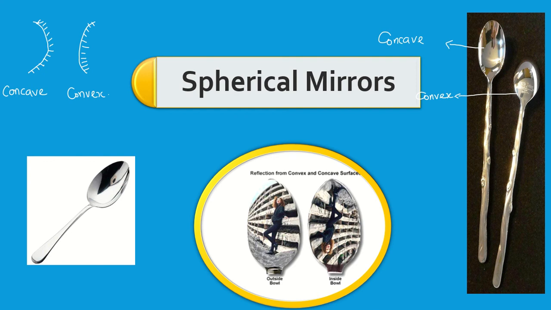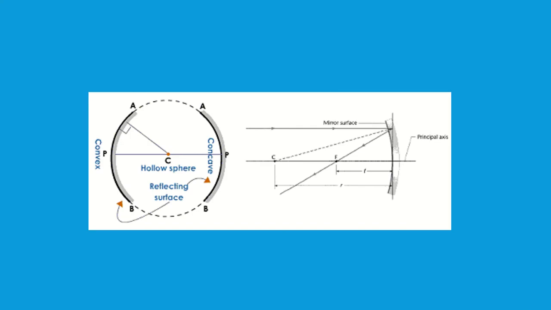So let's come to the point, what are these spherical mirrors? Spherical mirrors are part of spherical reflecting surfaces. In a plane mirror it is a plane reflecting surface. Here it is a spherical reflecting surface. If you cut a spherical reflecting surface into small pieces, one part acts like a mirror. So always remember, it is a part of a sphere. That is most important.